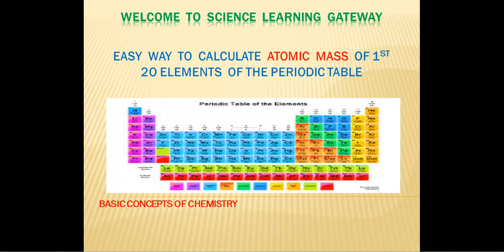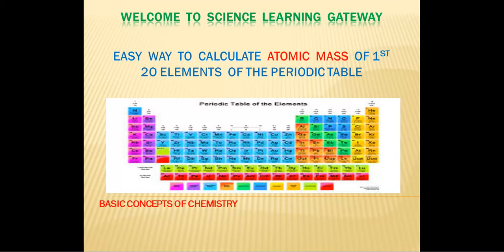I know that for most of you chemistry is a little tough, meaning it's a little tough to get good marks in your exam. But it's not that. If your concept is clear in chemistry, if you have a good concept about the periodic table, elements, atomic number, atomic mass, how to calculate the number of protons, electrons, neutrons, valencies, then it will be very easy for you to score very good marks in your exams, because we have three branches of science: chemistry, physics and biology.